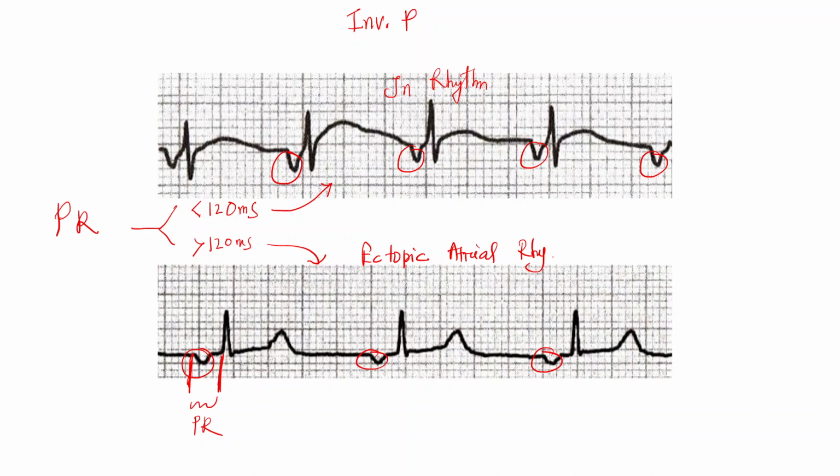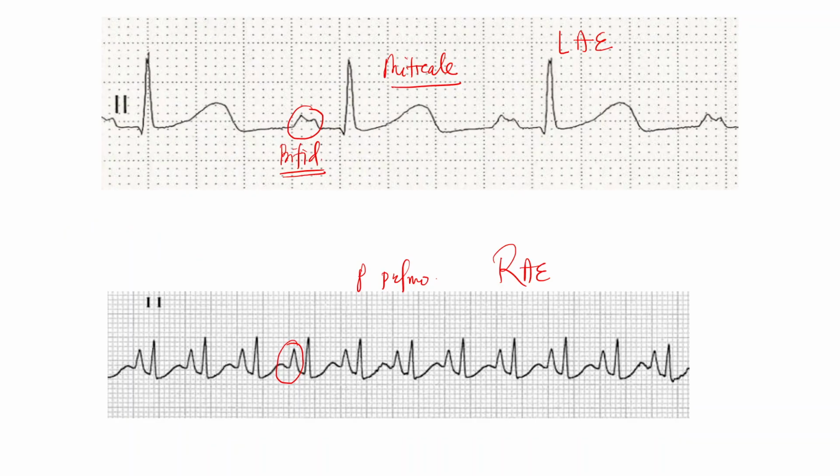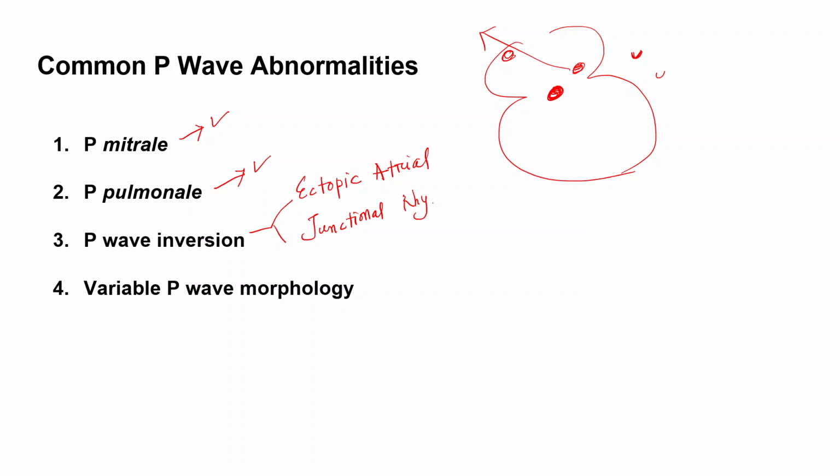Now, why is this happening? You see here, if the action potential is starting from this ectopic atrial region, still it has to cross the AV node to go into the ventricles. That means the AV nodal delay is present in case of ectopic atrial rhythm. But this AV nodal delay is absent if it is a junctional rhythm, because in junctional rhythm the AV node itself